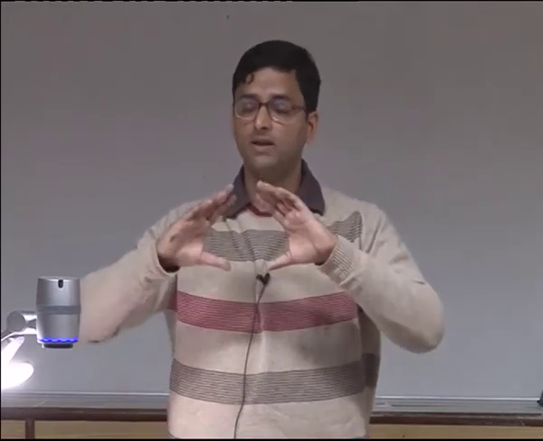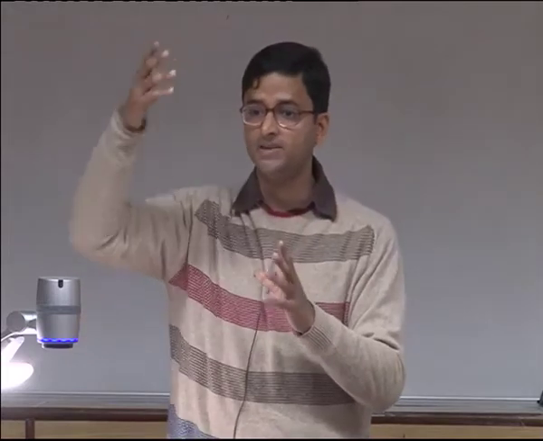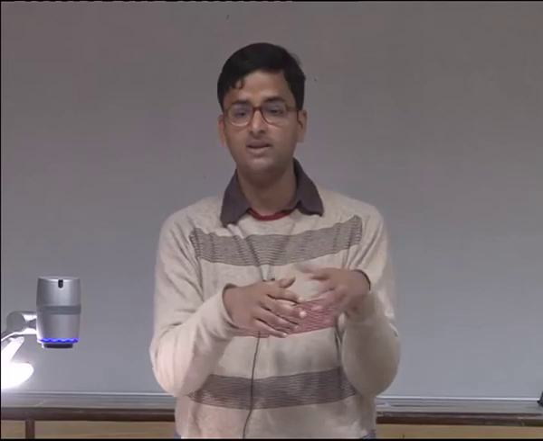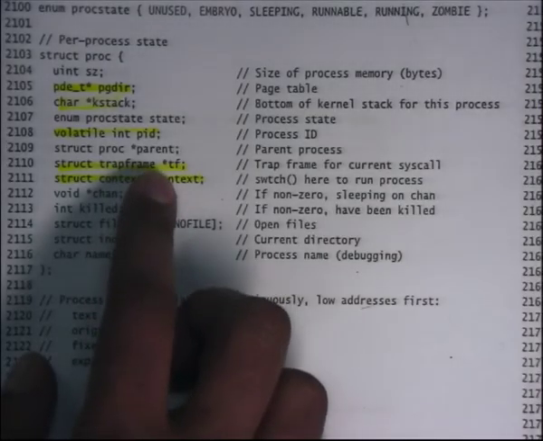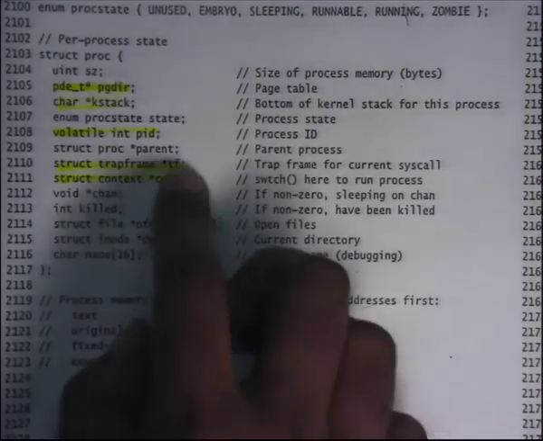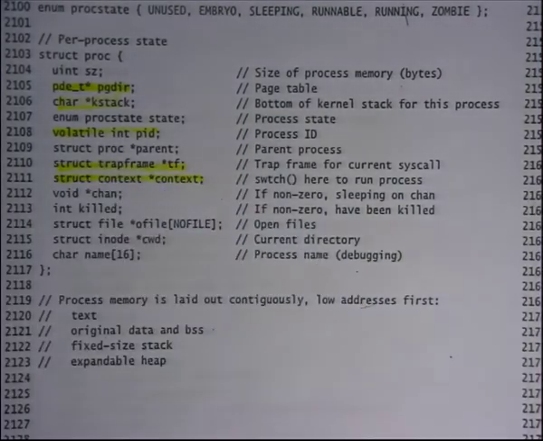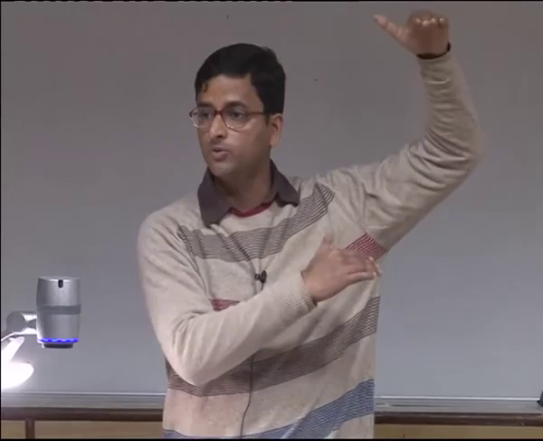It's not valid if the process is currently running in the user space, then TF is not valid. If the process is currently running in the kernel space, then TF is still valid, right? But for any process that's not running, so any saved process or any suspended process, TF will always be valid, right? Because for the suspended process, both TF and context will be valid, right? Because as we said, any suspended process's K stack should look exactly like what we drew earlier, and so it should have a context pointer and it should have a TF trap frame pointer.